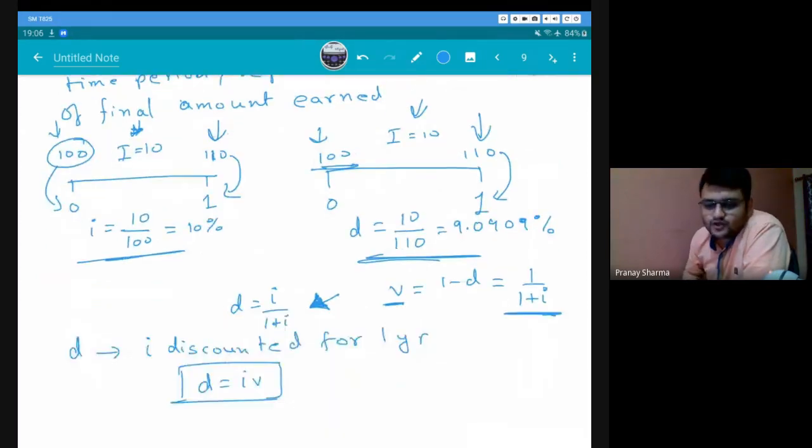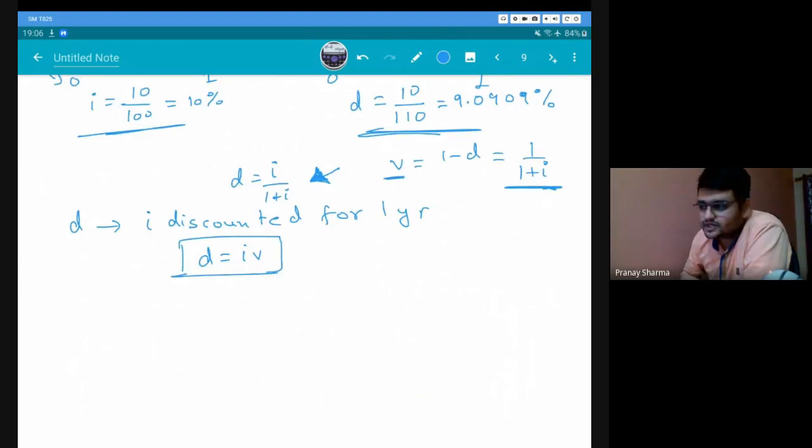But sometimes, just to confuse, they will say 3 rupees is charged as interest for every 100 rupees at the beginning of the year. Because we say 3 per 100 becomes 3%, we say 3% every year becomes our I. But in actuality, because they use the words beginning of the year, that should be D. Just for confusion, they would do these things. Other than that, we don't require this concept, but it is good to understand.